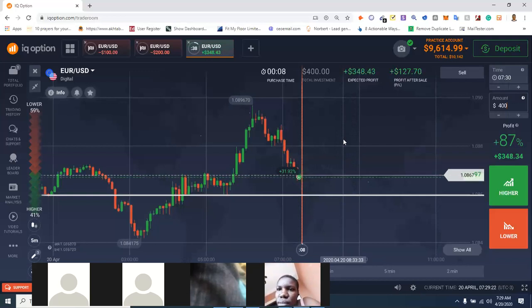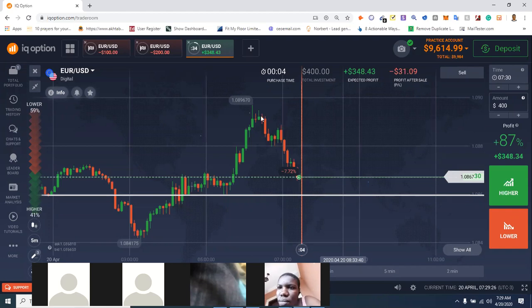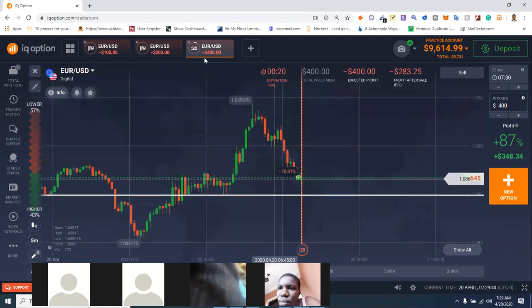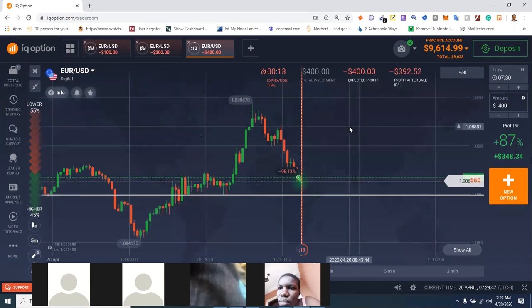Check your support and resistance. If you are going, okay, let me do this, you are going up, your candle is here, and you are going up, but you see that the candle is already coming down. Normally we would have time to go for another one, but we are not going to, because we only do 2 martingales. After 2 martingales, if we lose that trade, that is the end. We go for another signal.